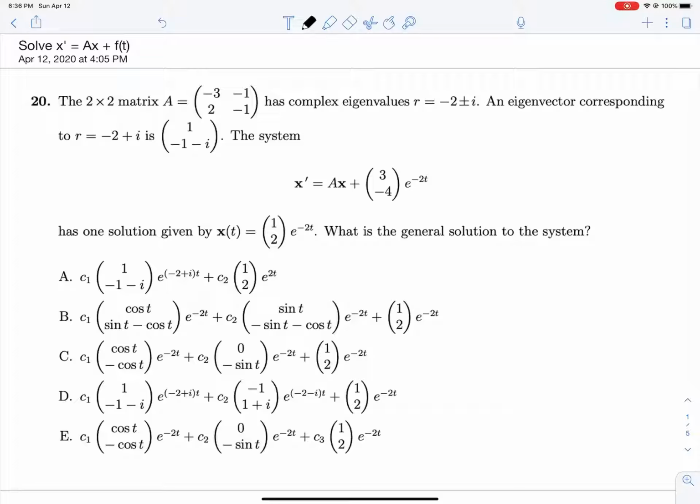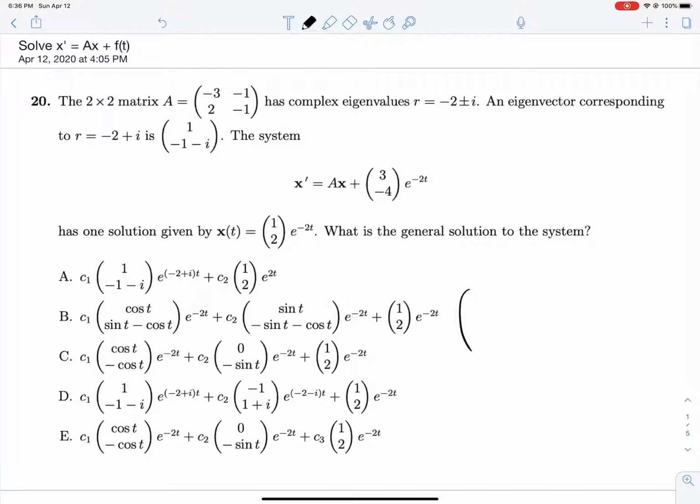So question 1, we have a 2 by 2 matrix with some complex eigenvalues and a corresponding complex eigenvector, and we're told that it has one solution given by that x of t there. That would be our particular solution. And all we're doing now is finding the rest of the general solution, which is the characteristic solution that we are going to get by expanding out